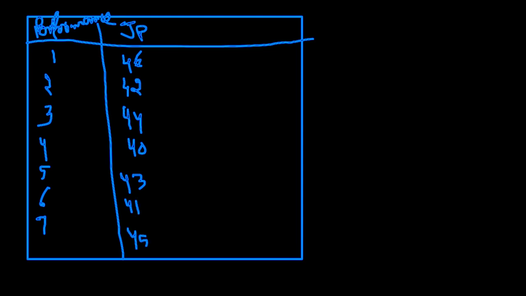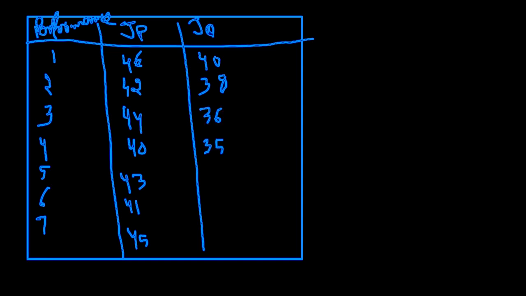And another judge, Q, has given marks to all the candidates 1 to 7 as 40, 38, 36, 35, 39, 37 and 41. And they have asked you to evaluate the coefficient of variation